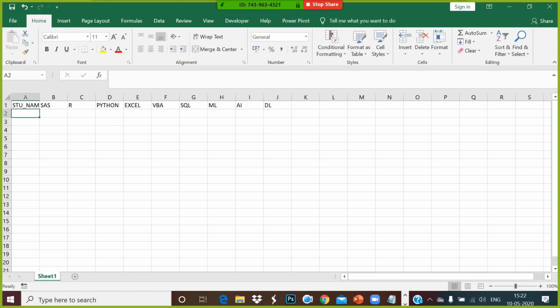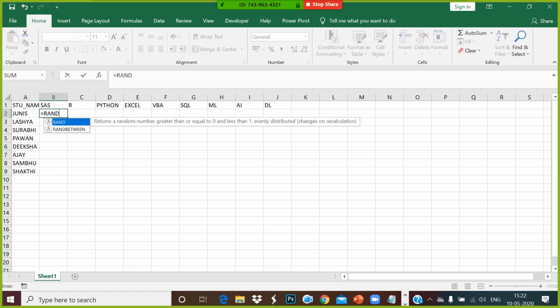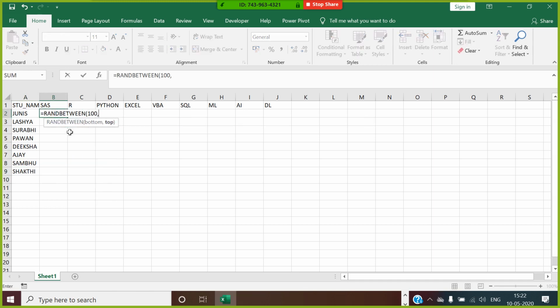Student names, let's say Genus, let's say Lasya, let's say Survi, let's say Pawan, let's say Diksha, let's say Ajay, let's say Sambhu, let's say Shakti. This is given as a random score between 100 and 900.